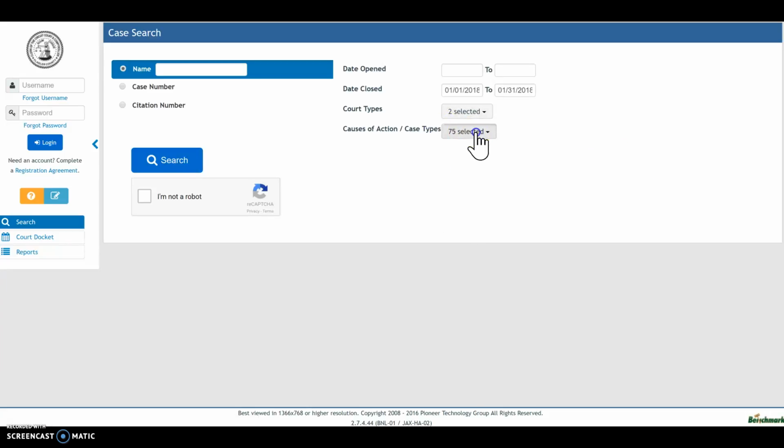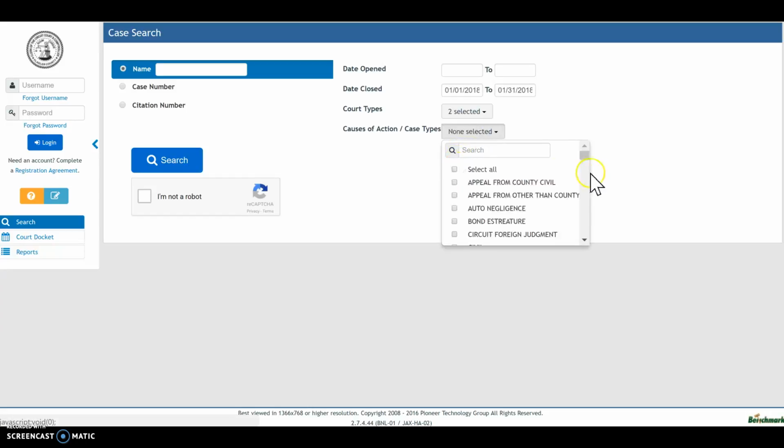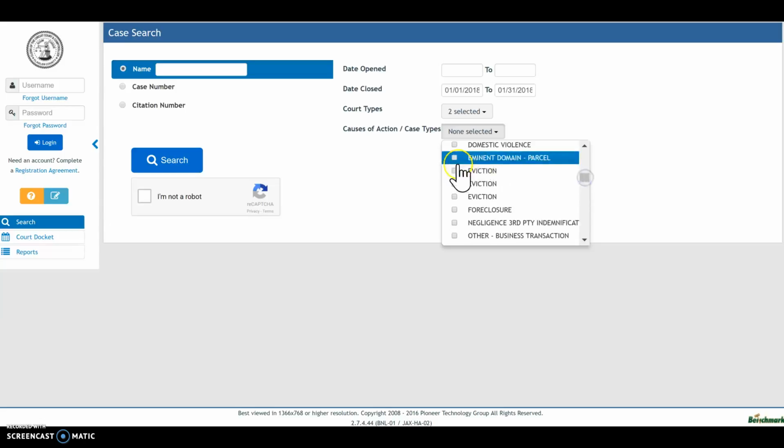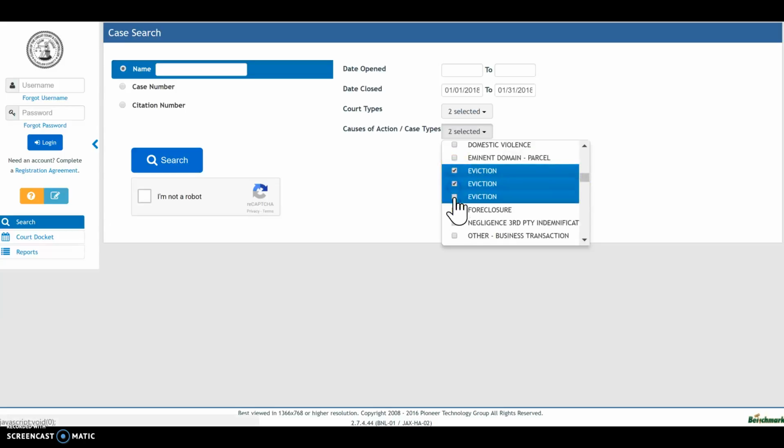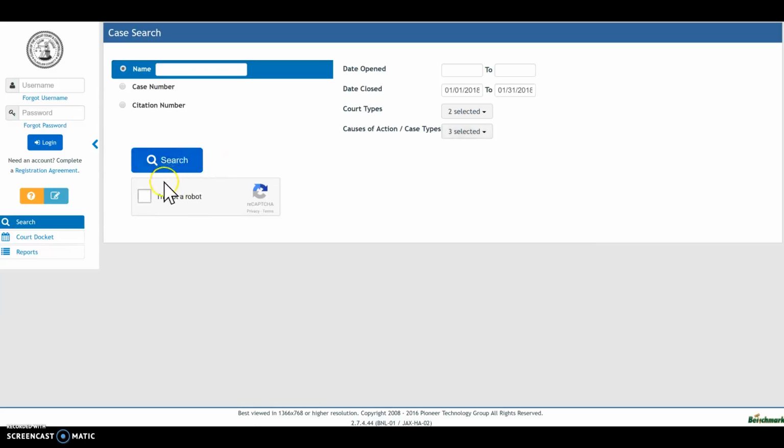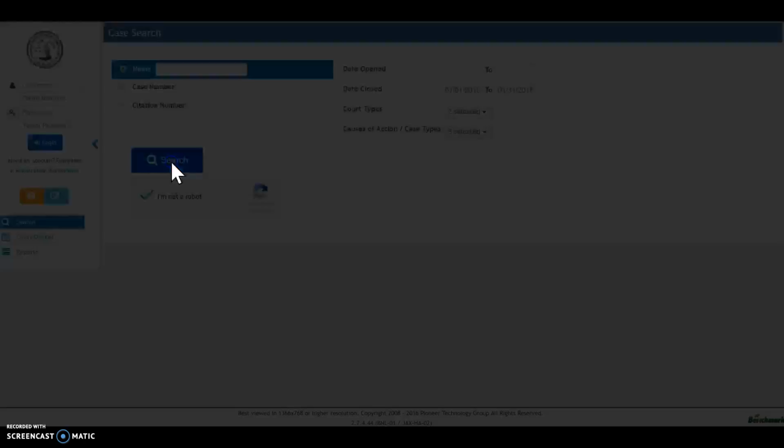Then you're going to go to cause of action / case types, and go to eviction, which there are 3 of them for some reason. So just click all 3. Then we click the I'm not a robot, search,